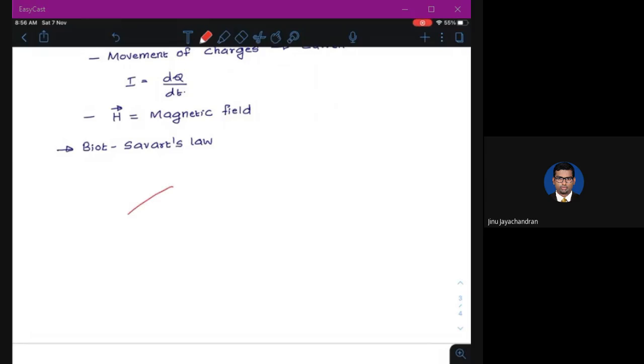So the Biot-Savart's law gives, let's say there is a conductor like this, and I need to find the magnetic field at this point P, and the conductor is carrying some current I. If I consider a small strip dl, or small current strip, then if I draw a straight line from this small current strip to the point P where I want to find the magnetic field, and let's say this line makes an angle alpha with the wire, then according to the Biot-Savart's law,